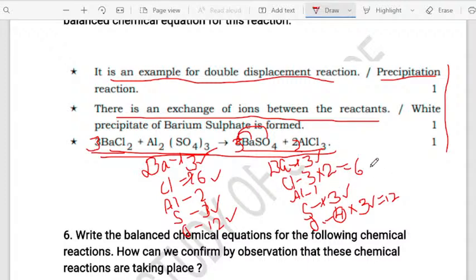Chlorine is also balanced. Now we are left with the aluminium. So check aluminium. There are 2 atoms of aluminium on the reactant side, and as we have written 2 in front of Al, we also got 2 on the product side. I think everybody has understood. Most of you have understood, I think. Okay. So how to balance? See, this equation which I have shown you now is the proper way that you are going to balance any